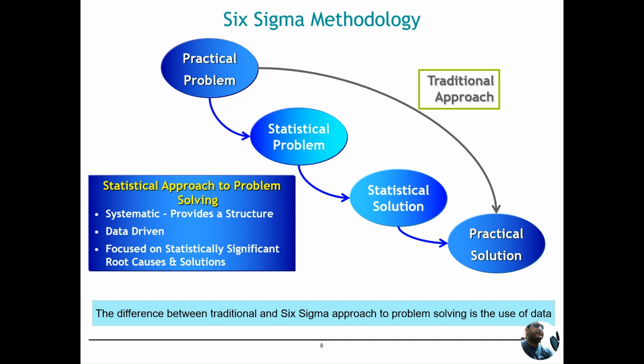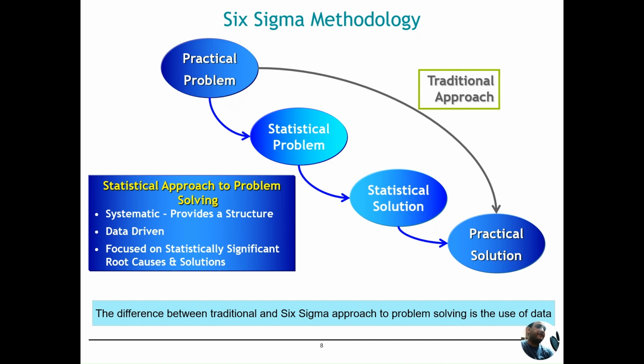But what if this problem is consistent? It means for the next 2 to 3 days you are getting the fever again and again. In that case you will use a kind of statistical testing. So your doctor prescribes some tests, your blood test, urine test. So basically what we try to do is convert the reason for your fever into some measurable parameters like level of infection, level of various other parameters. Those are out of control.